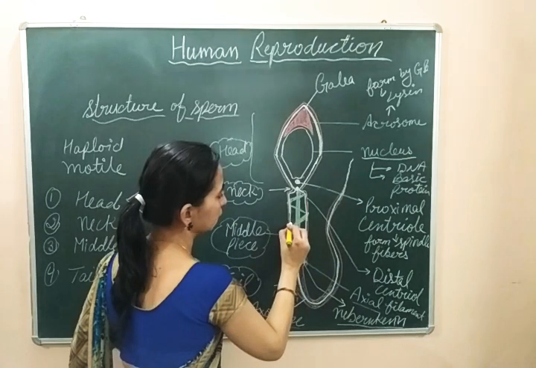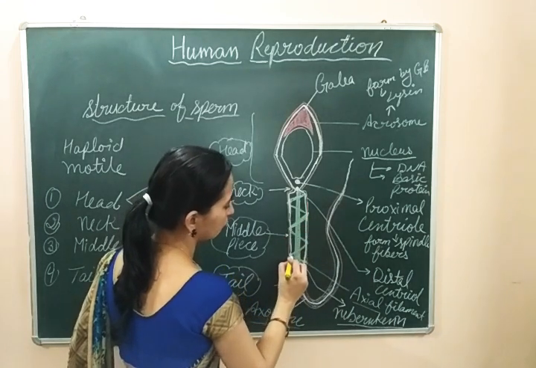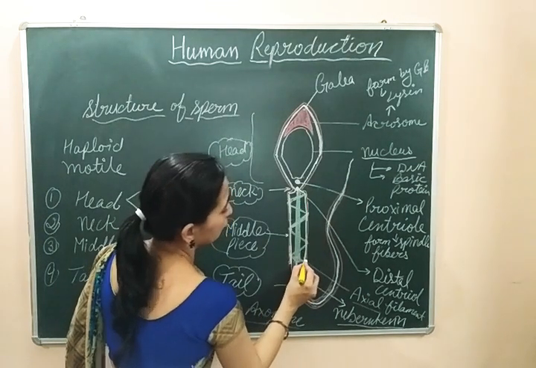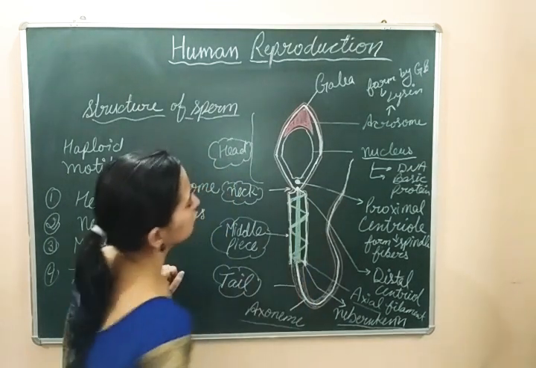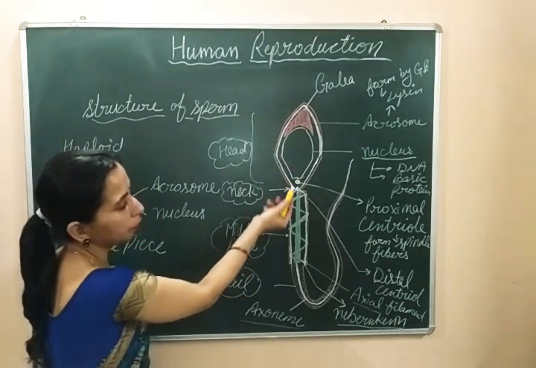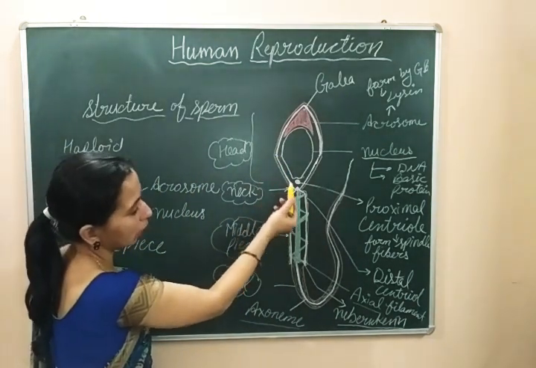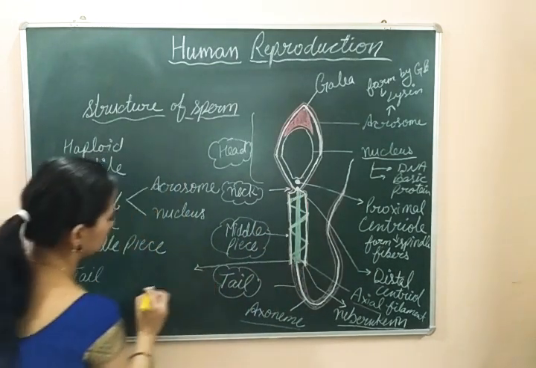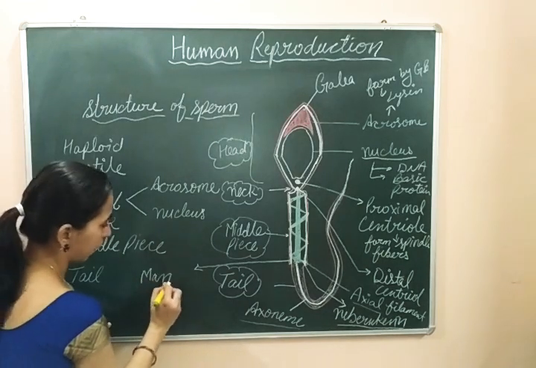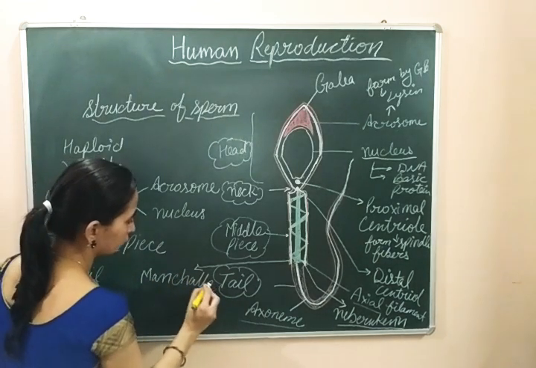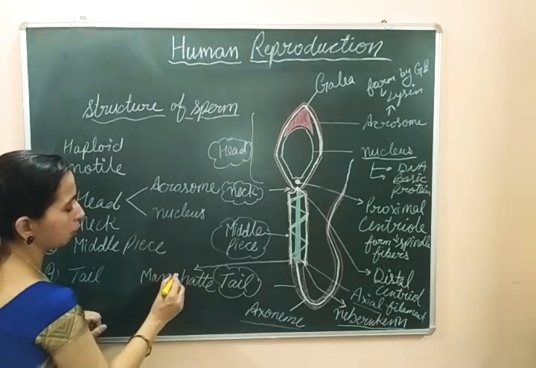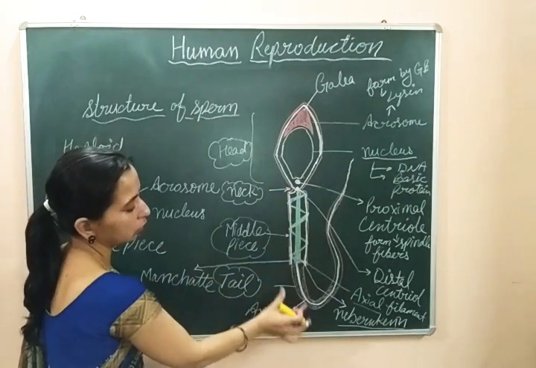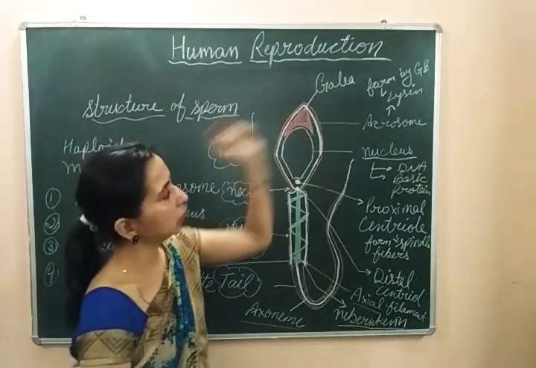After the plasma membrane, तो है ही, सब जगह present रहेगी, but with the plasma membrane one more membrane will be present in that region up to the middle piece, and this membrane which is covering the lower end of the head and the lower nucleus, mid neck and the middle piece region will be known as manchette. The name of this membrane is manchette. So this membrane covers the rest of the sperm other than the upper half of the head, and the upper part is covered by the galea.